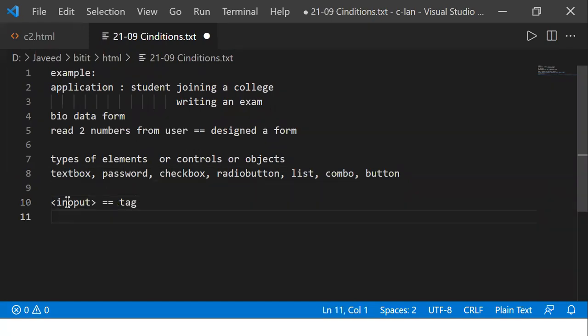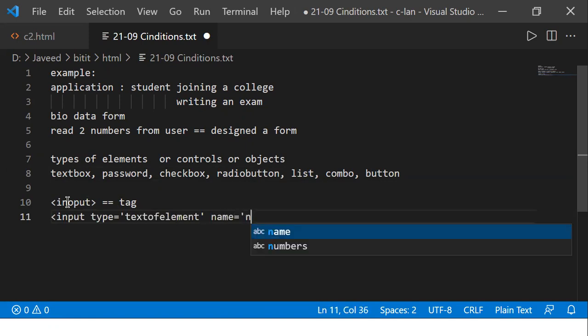For example, let us see how the syntax goes for the input tag. In the input tag, you'll write type is equal to the type of control, or the type of element. What is the type of element that you want to define? Generally we'll have the name attribute. Then we have the id attribute. Id is equal to the id of that particular control. What is that id that you want to have?